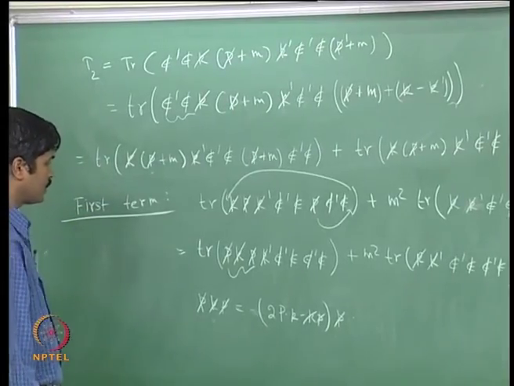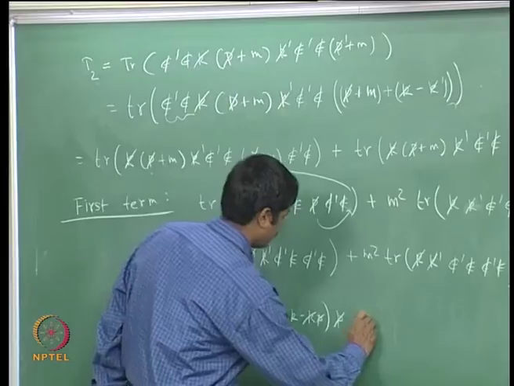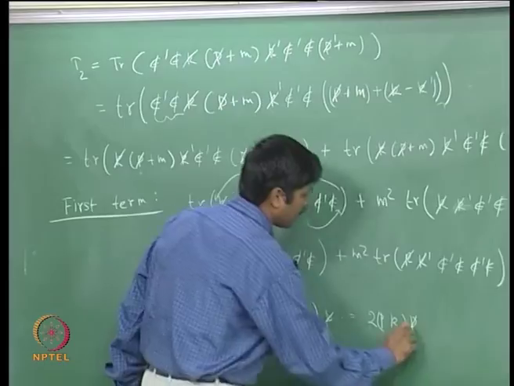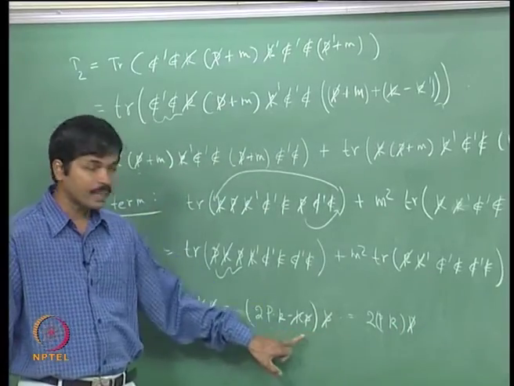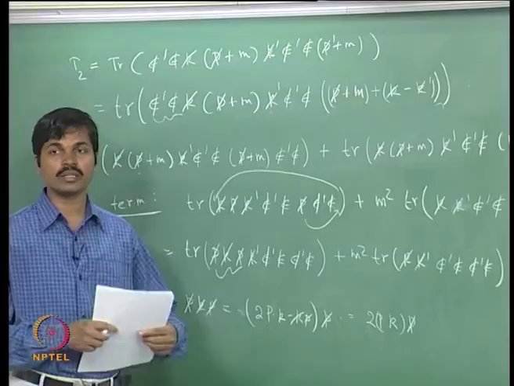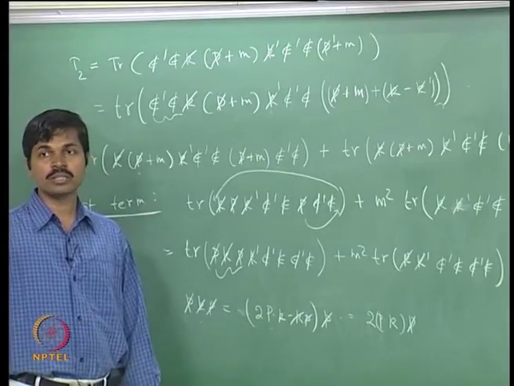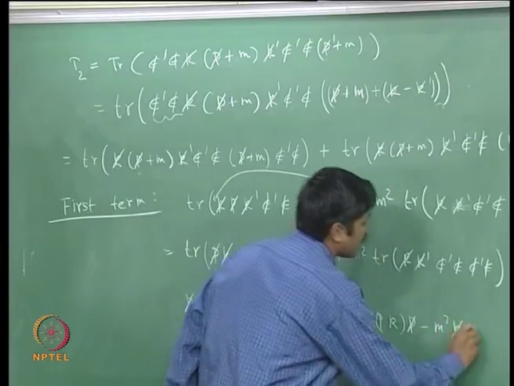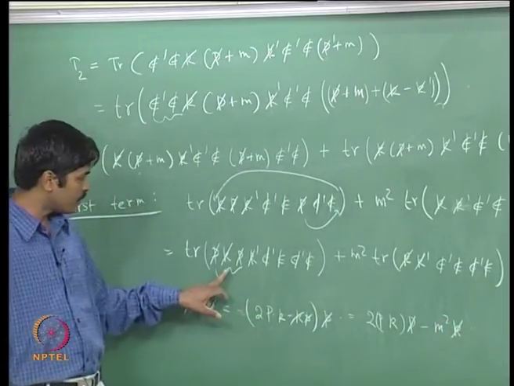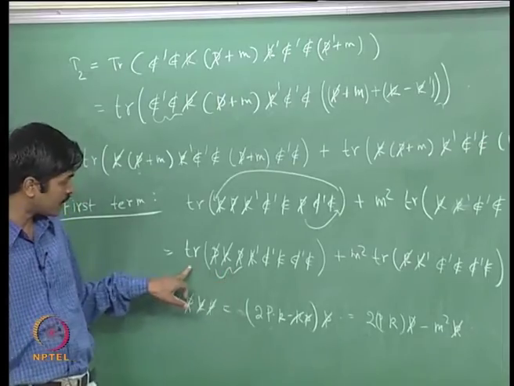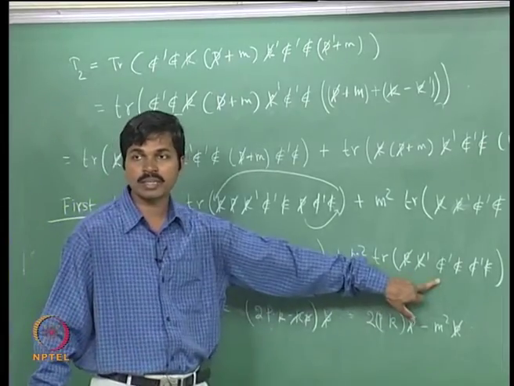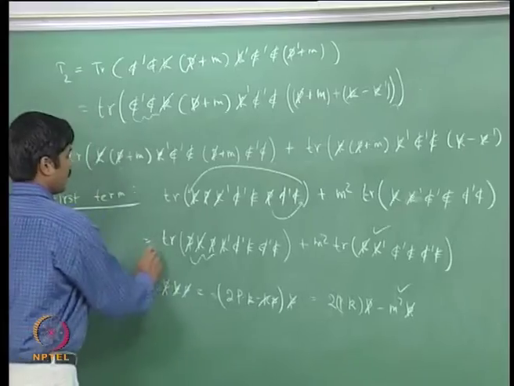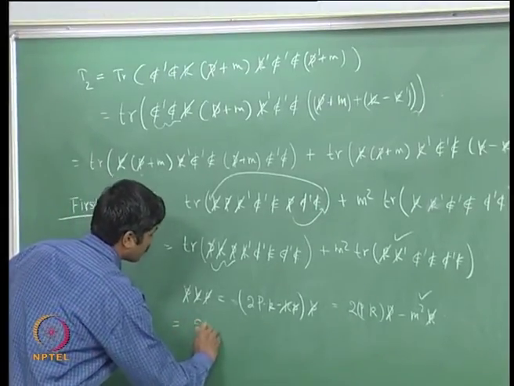Therefore, the first term you get is twice p dot k p slash, and in the second term you have 2 p slash. What is p slash square? It is simply p square, which is equal to m square. So, this is minus m square k slash. Now, in the second term, this minus m square k slash will exactly cancel with this term here. So, this term cancels this, and hence this is simply given by twice p dot k